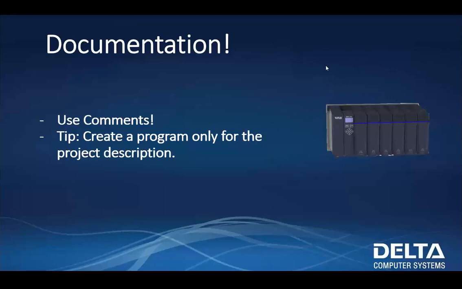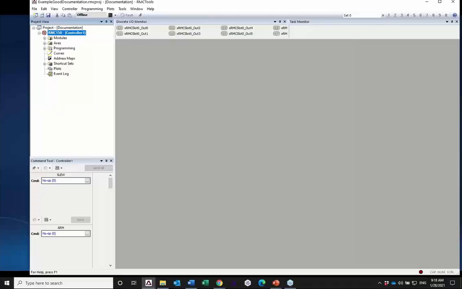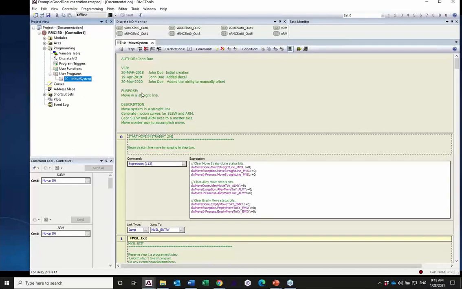This is actually from a customer. I've kind of modified it to protect the innocent, so it's not possible to figure out where it came from. But this is by far the best documentation I've seen from any of our customers. And this is just one of the many user programs it was in, but it starts with description, some history,